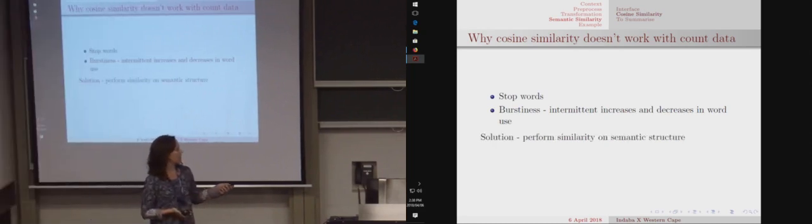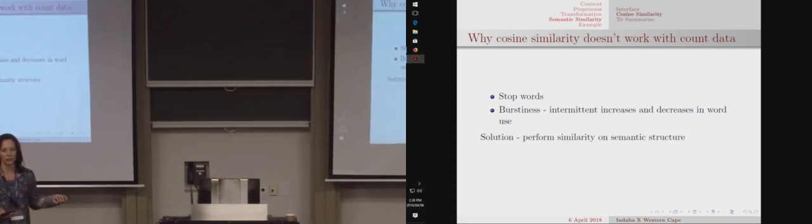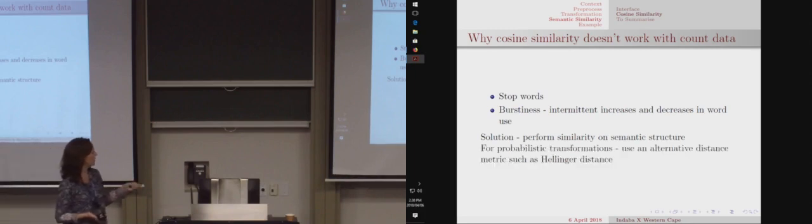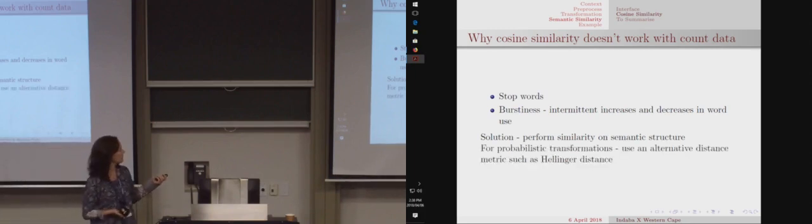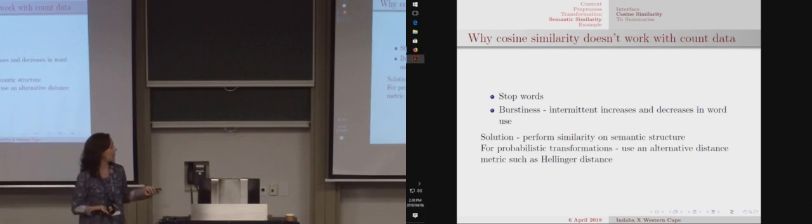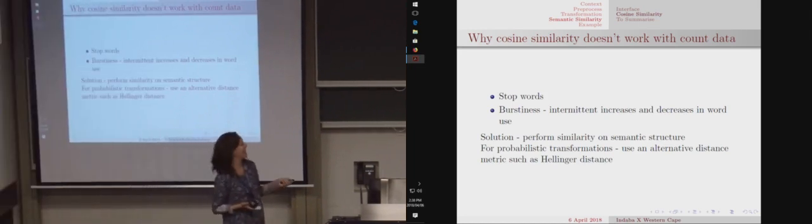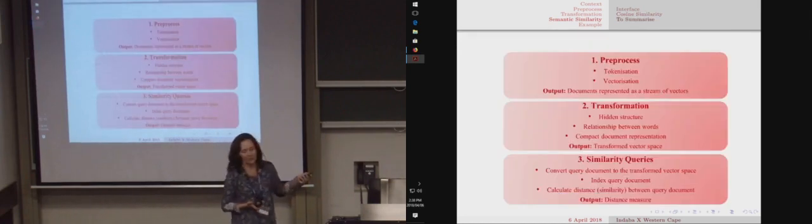So the solution is to perform your similarity on your semantic structure or your transformation. And also, what is important is if you do a probabilistic transformation like topic modeling, then it's not a good idea to use cosine similarity. Rather use something like the Hellinger distance or the Mahalanobis distance. I can't say Mahalanobis. Now I can. Okay, so just to summarize,